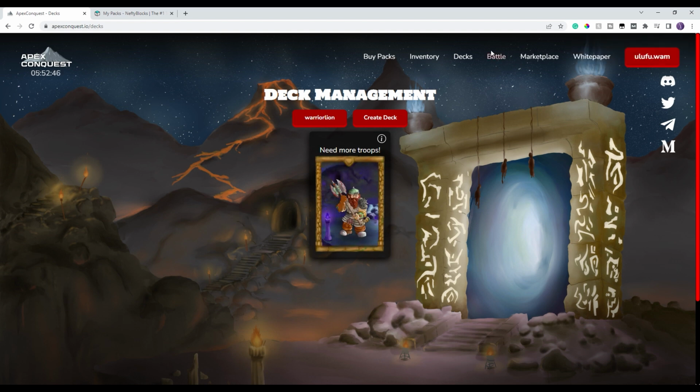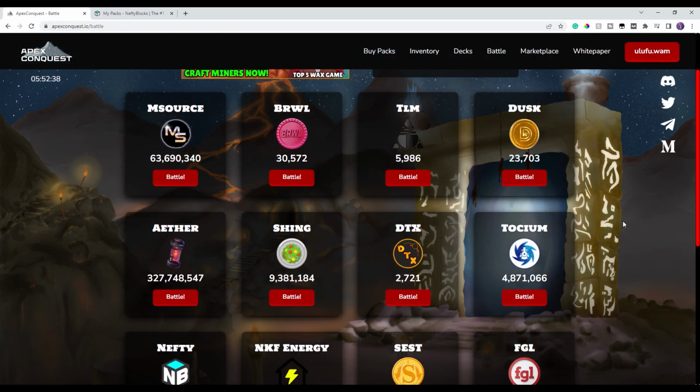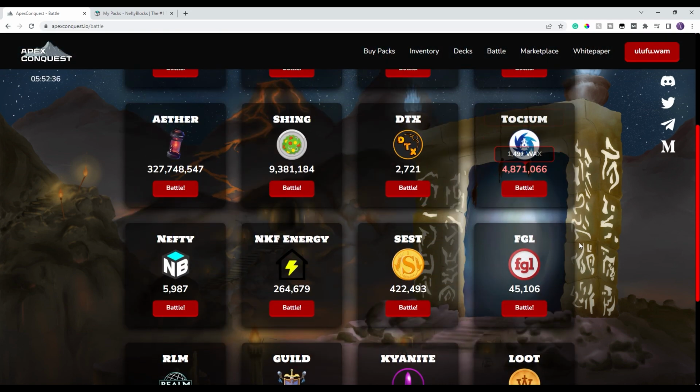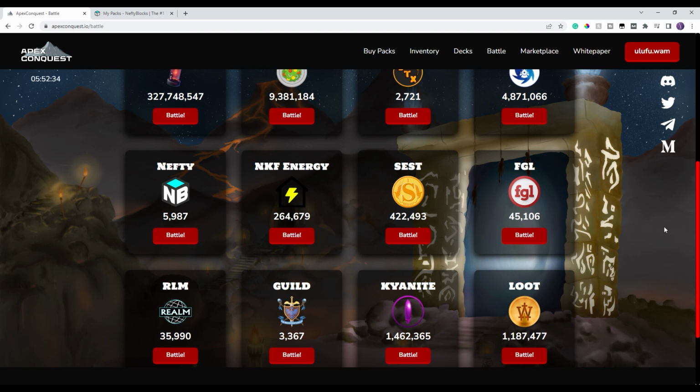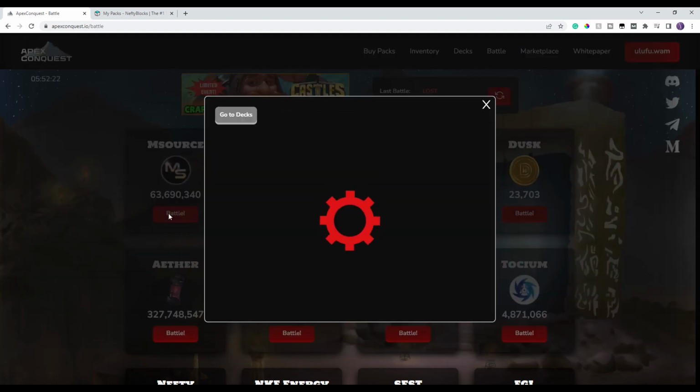But what you go ahead and do now is you go to battle and you have a choice. You can see the last time I lost and I lost 1 troop. But what we're going to do today is decide what we are going to battle for. While we're doing this, comment down in the description, what is your favorite battle one? Which token are you going to be trying to win? Just for the sake of it, I am going to go ahead and go with M-Source,